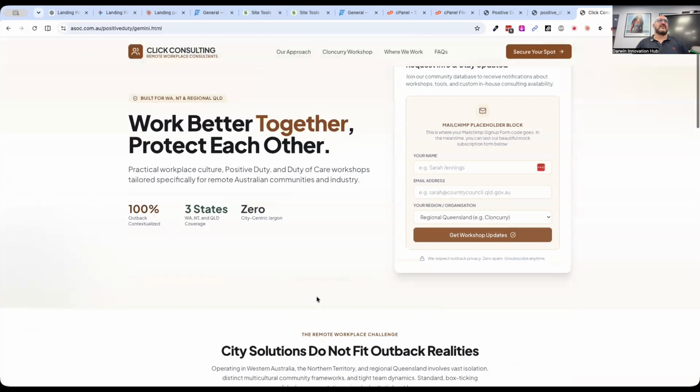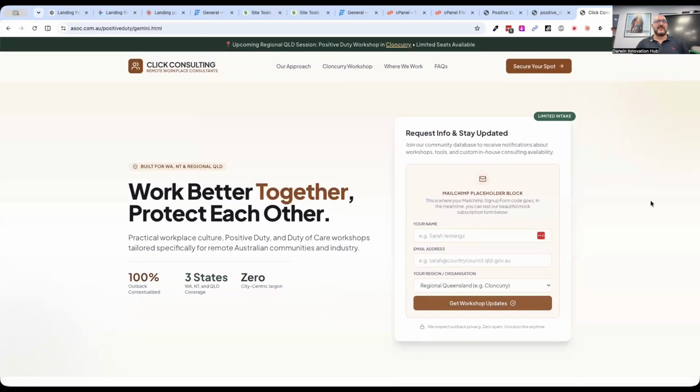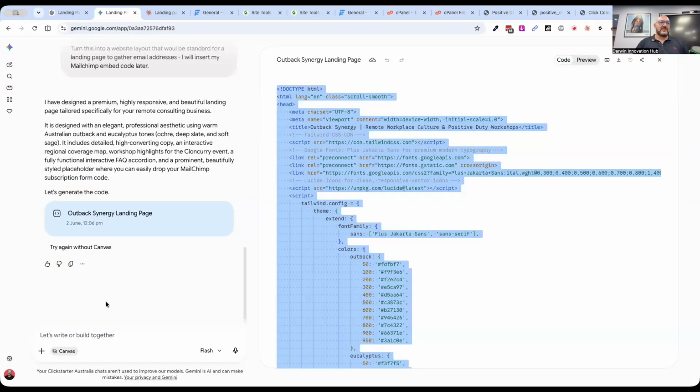Look, I don't recommend you go in there and start playing with code. That is for the brave of heart and those who feel much more confident doing it. I've been playing with code since 1996, so for me, it's not really a scary thing to do, but for others, it might be. So what would you do instead? Well, what I would probably do is go into Gemini and say, please make the company,